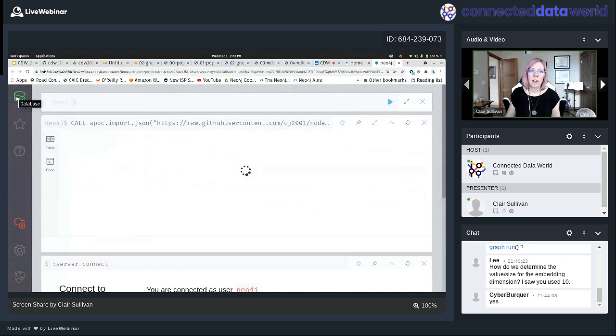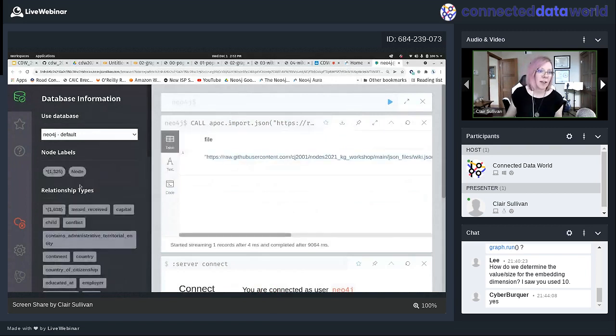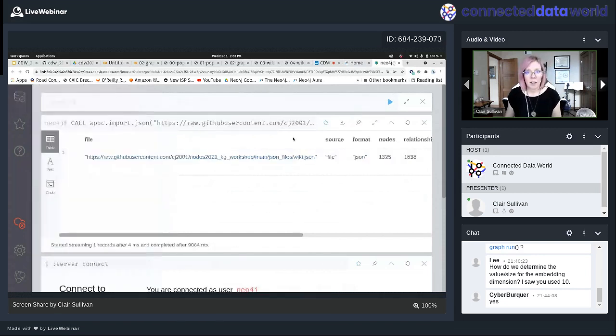And again, if you get a timeout here, don't worry. The thing that we care about is, did we get stuff into my graph? And it's going to be 13 or 1400 nodes-ish. I can't remember for sure. Okay, good. 1325 nodes. Okay, 1600 relationships. Nice. Okay. I'm going to just look at it really quick, make sure it makes sense. I'm going to match node, return node. Okay.